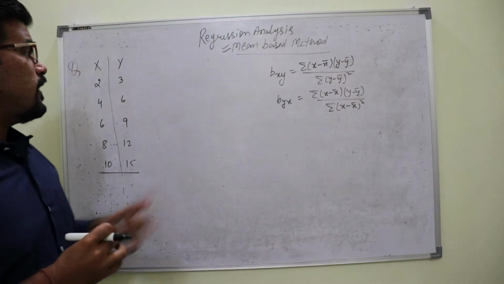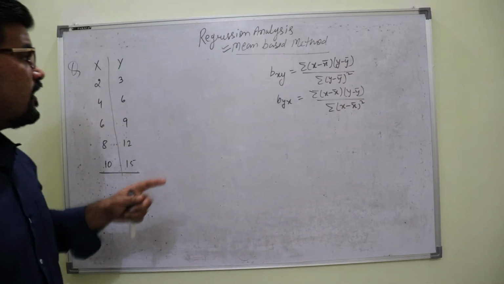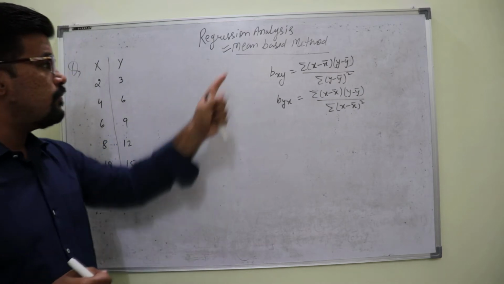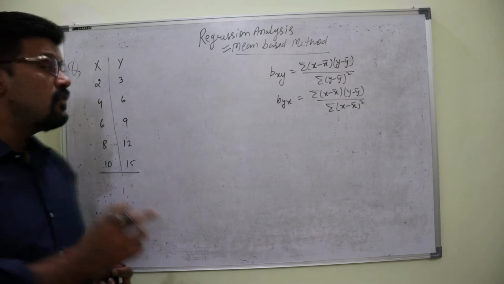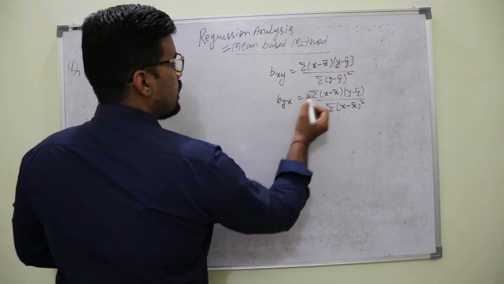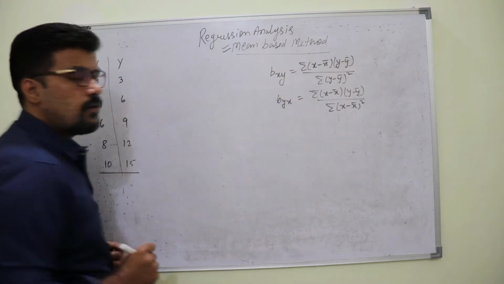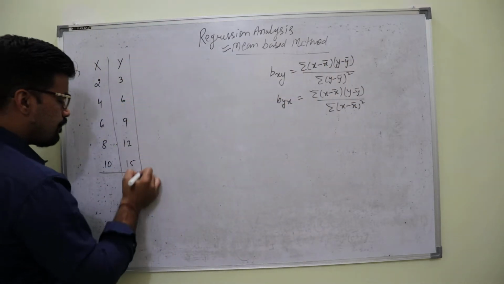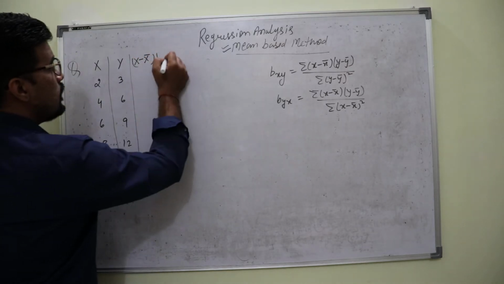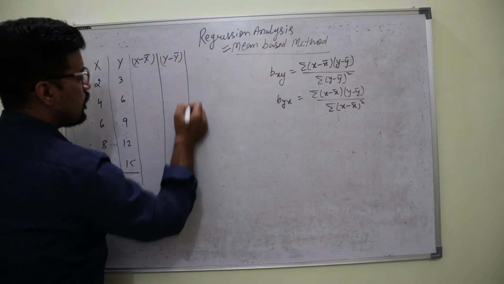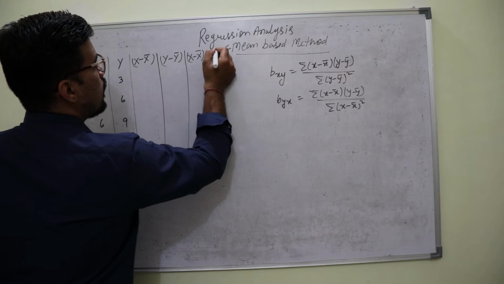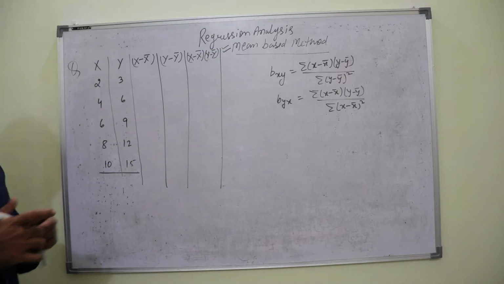Now the second reason why I told you to use mean based method is that if you have understood the Karl Pearson correlation coefficient properly, then you will not have any problem in mean based method, because the columns in the tables are the same. Like for bxy and byx we commonly need sigma x minus x bar, y minus y bar. So it is clear that we need to find x minus x bar, then we need to find y minus y bar, and then the multiplication of x minus x bar and y minus y bar, right? Okay, so